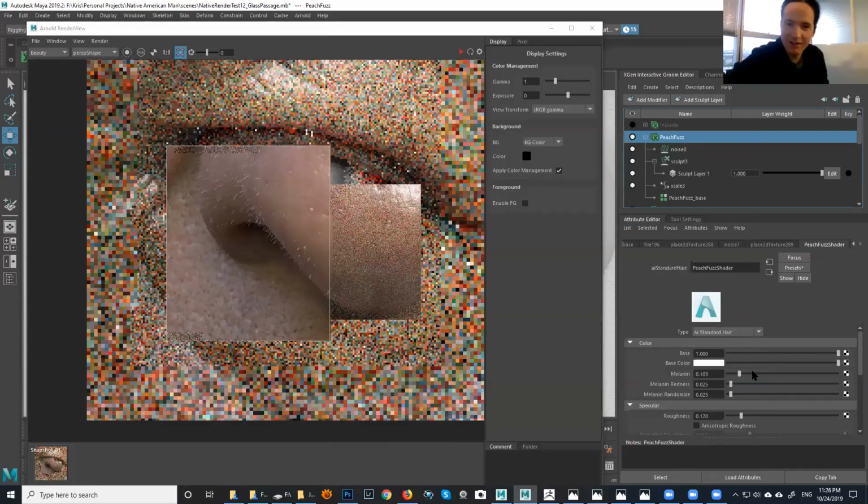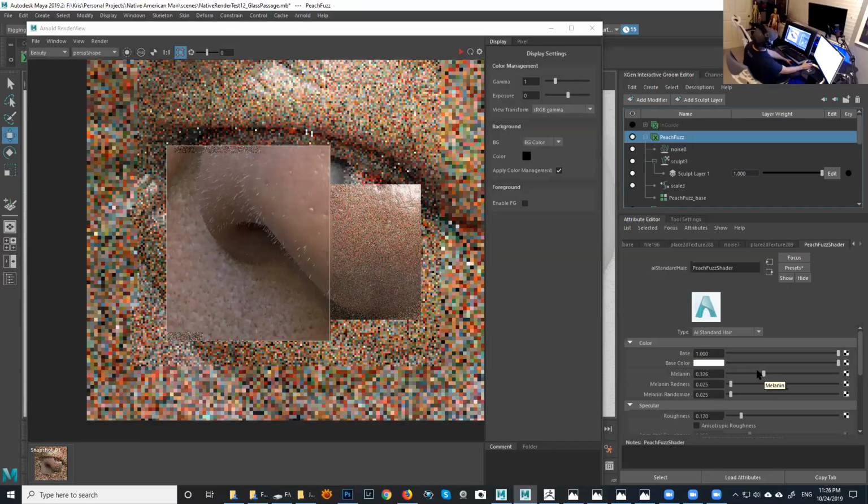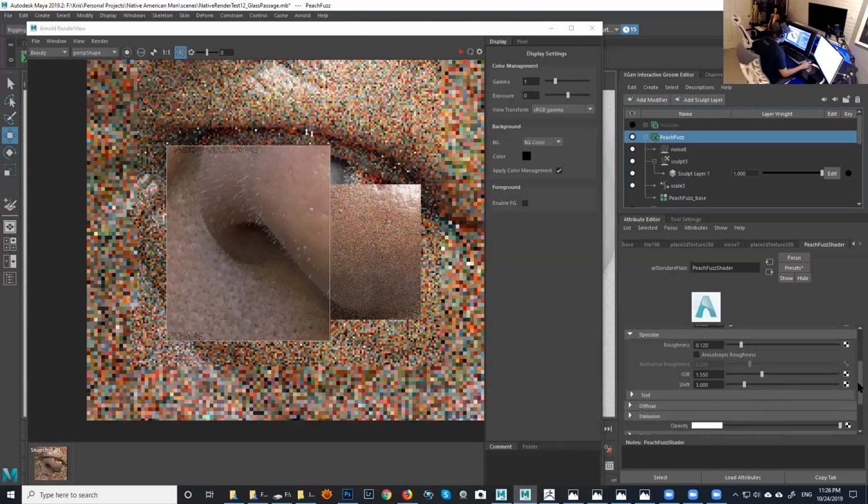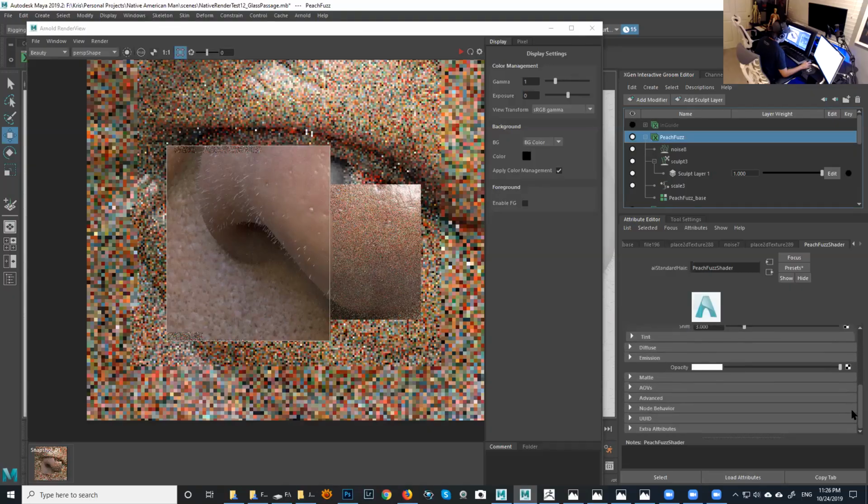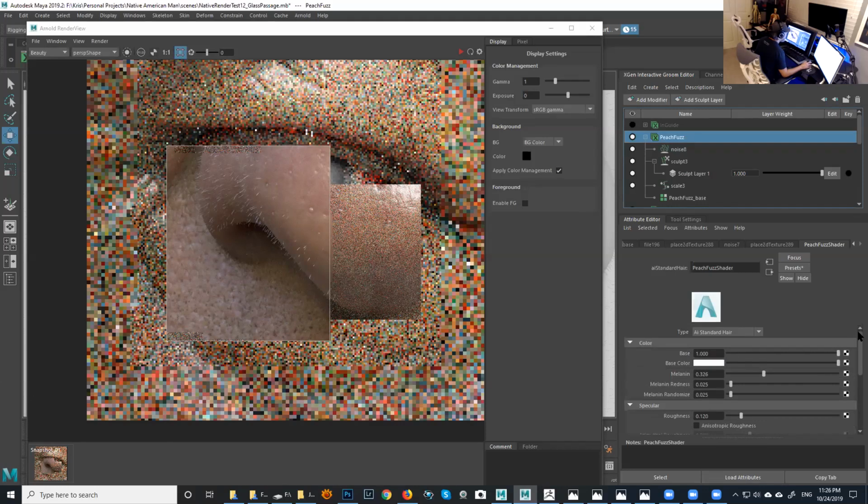Hey, Chris. Yes. Do the shaders for the hair usually have any translucency in them? I think in the past I had translucency, but then I ended up just using the melanin. But you can try with that. There's a spot where I remember, I think it's at the top of the shader. Let's see. If you go to the very top,